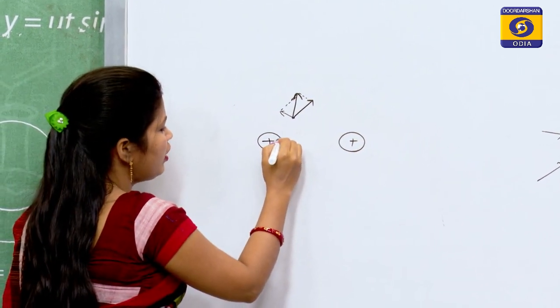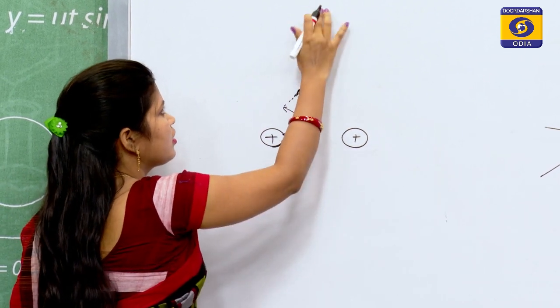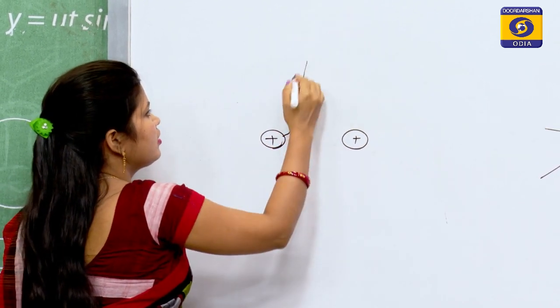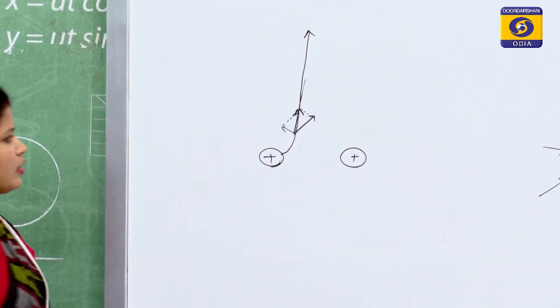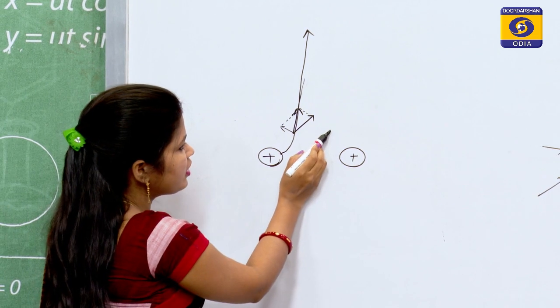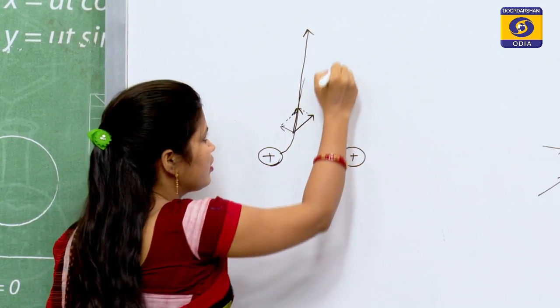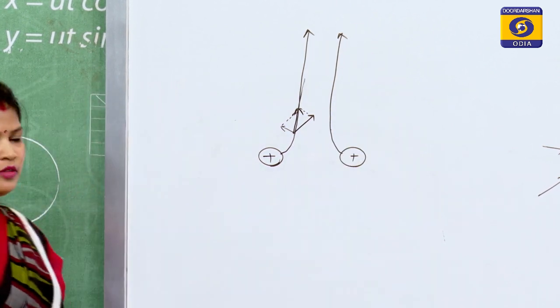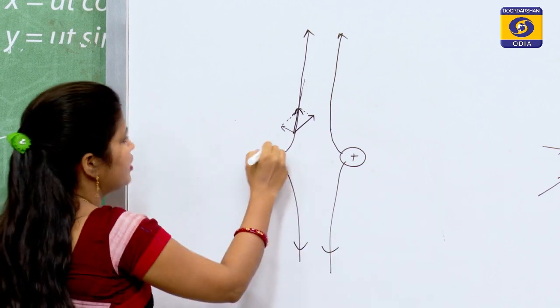So, when we draw electric field line, this will go, this will go in this way, okay. Then also you imagine test charge here, and in this way the line will be, okay. So, in this way we can draw electric field lines